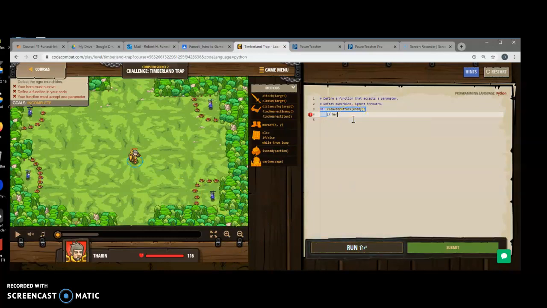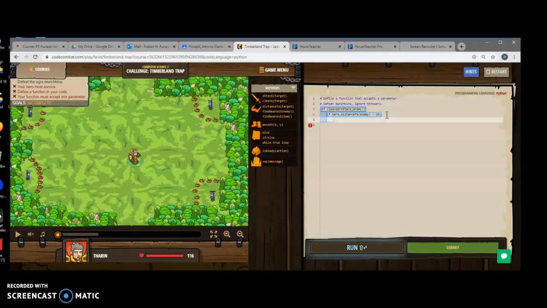Okay, so the first thing I want to do is check the distance. Now it gives me target, but I'll have to change this to enemy because that's the parameter name I used in my function. If hero distance to enemy is less than, I don't know, let's try 10 meters. Okay, I'll just put 10. If I find that this is true, in other words, the guy attacking me is less than 10 meters away,